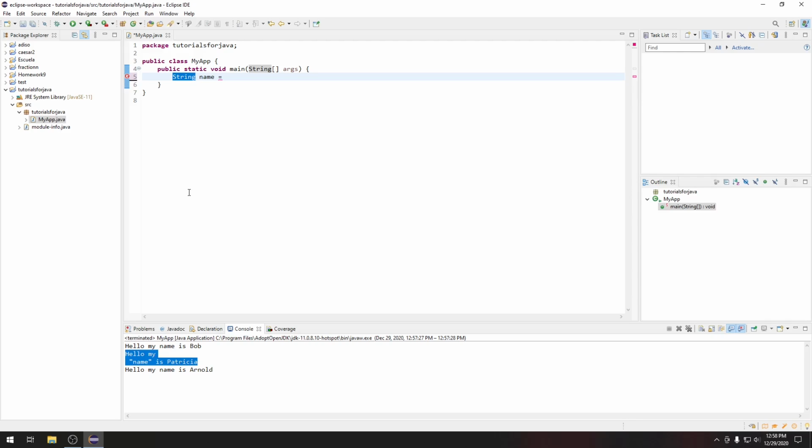A string is when you have a bunch of letters and numbers or spaces or whatever strung together, right? It's text. So we're basically creating a text variable here. We're calling it name. This is the name of the variable. This is the type of it. So it's a string, and it's equal to